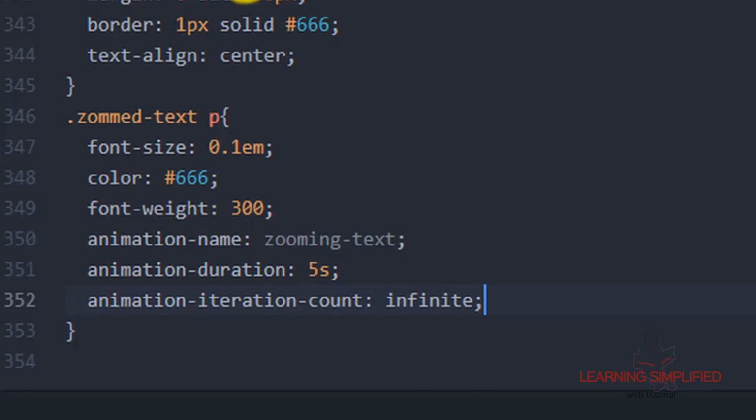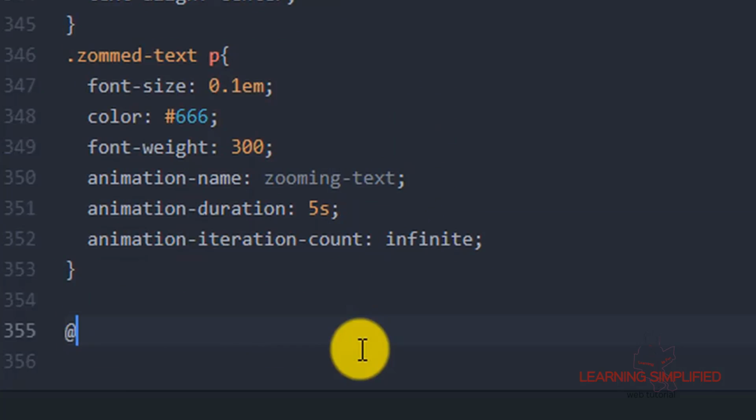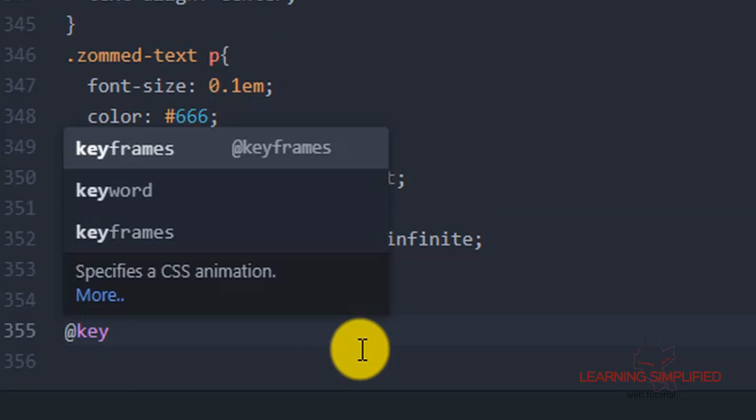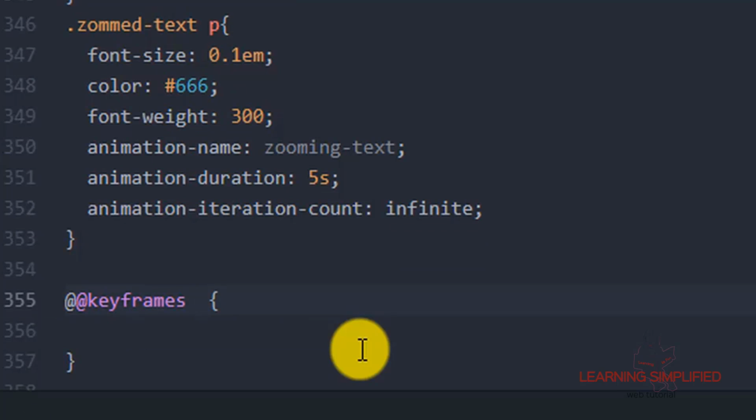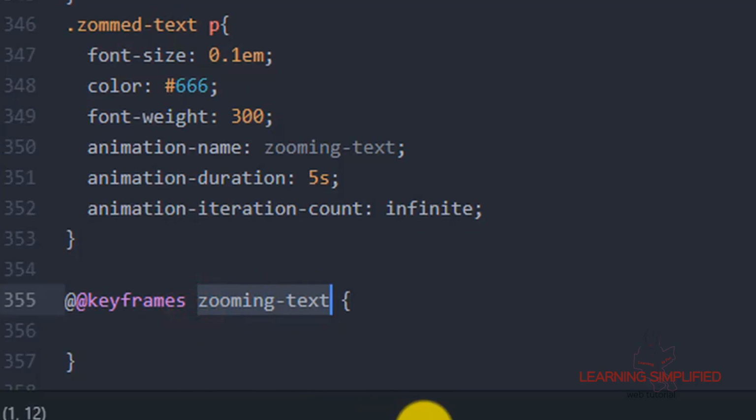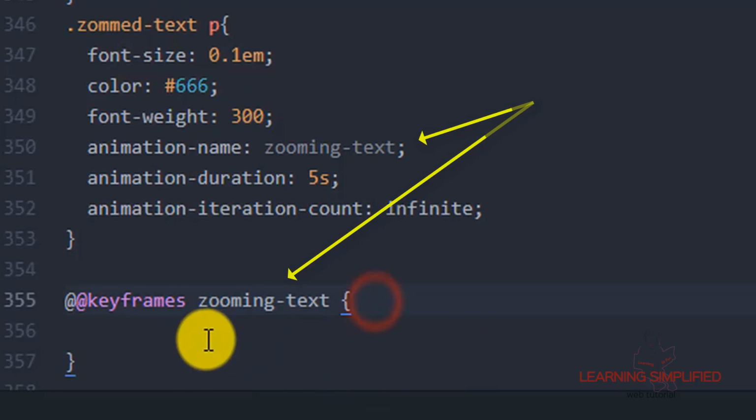Okay. Now all we need to do is copy this zooming text animation name from here, and at the bottom we will now initiate the keyframes, and instead of this identifier we will be putting this particular zooming text right over here.